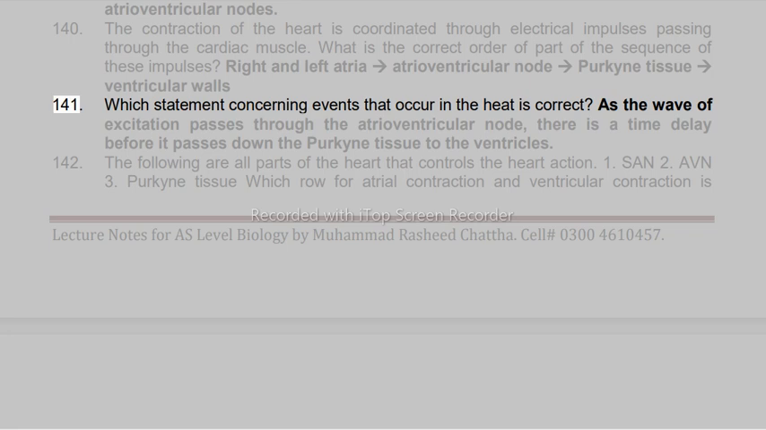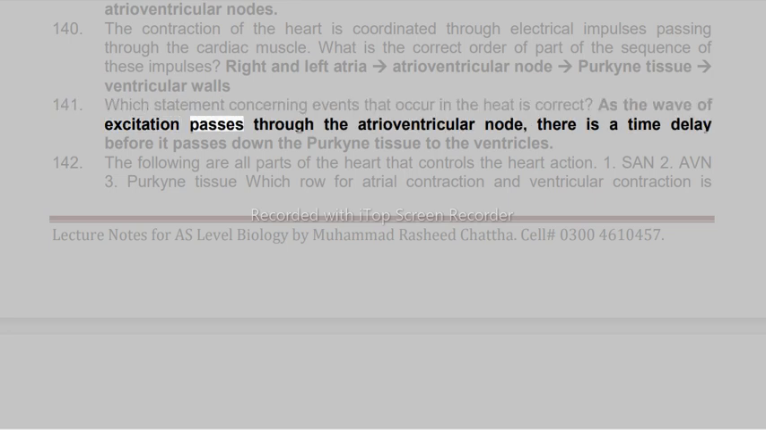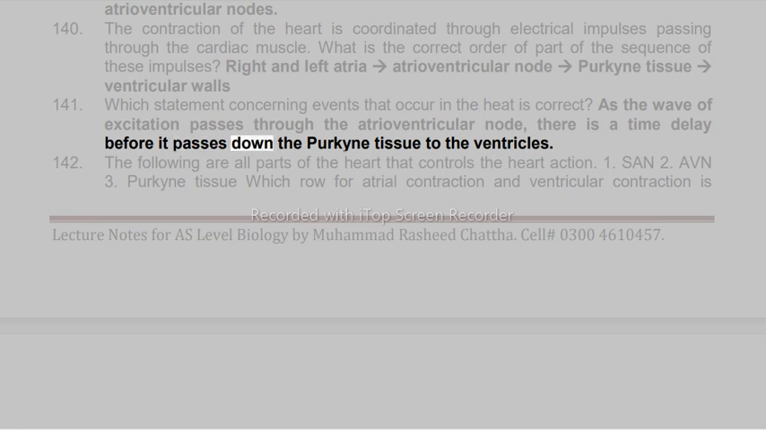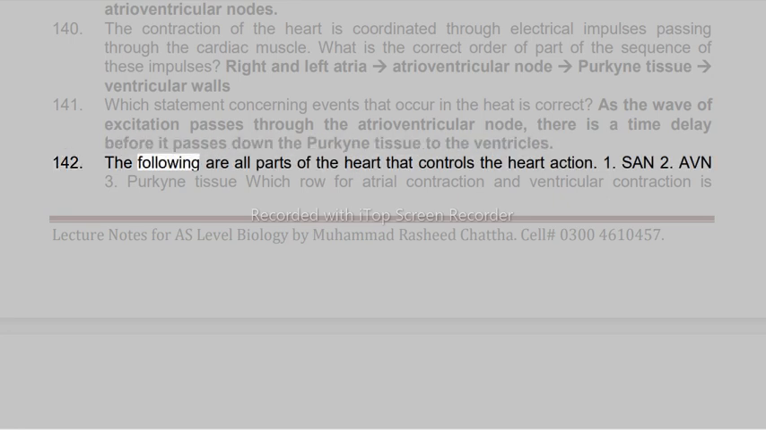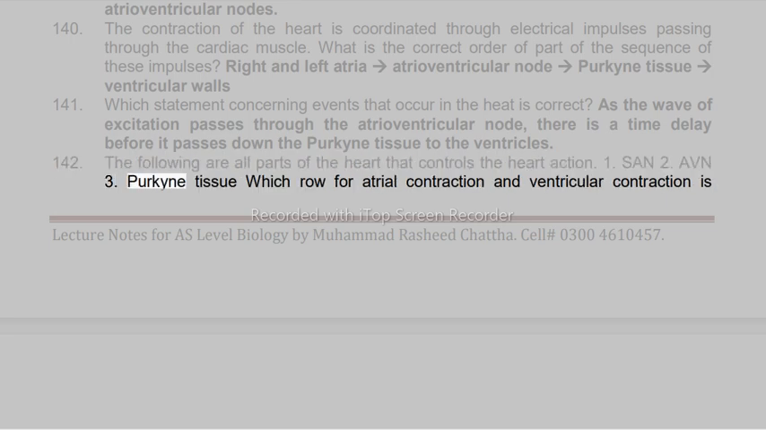141. Which statement concerning events that occur in the heart is correct? As the wave of excitation passes through the atrioventricular node, there is a time delay before it passes down the Purkinje tissue to the ventricles. 142. The following are all parts of the heart that control the heart action. 1. SAN. 2. AVN. 3. Purkinje tissue. Which row for atrial contraction and ventricular contraction is